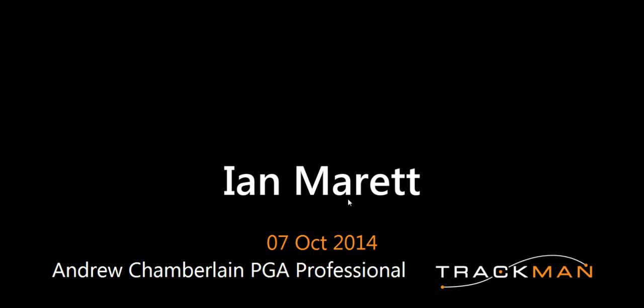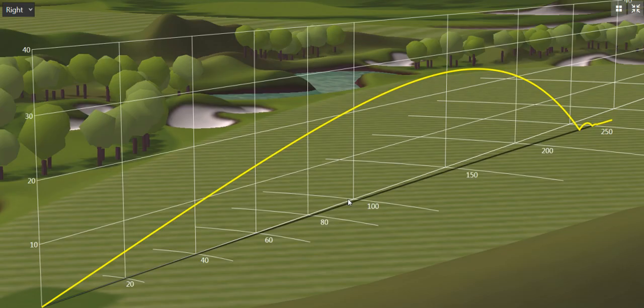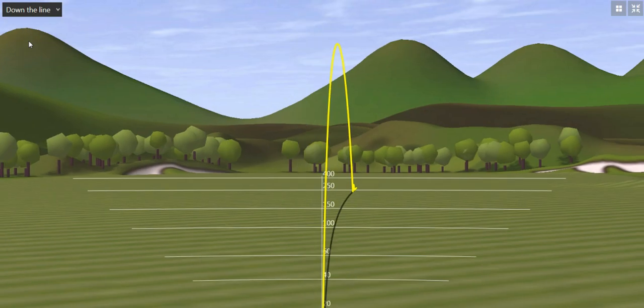Okay, this is a look at Ian Marett's golf lesson that we took back in September, the 27th of September. This is a golf shot that he presented to me with a driver. Pretty good. You can see the ball flight's not too bad, getting out there pretty decent distances. But as we said, he's complaining, and we quite happily see just a slight push to the right,